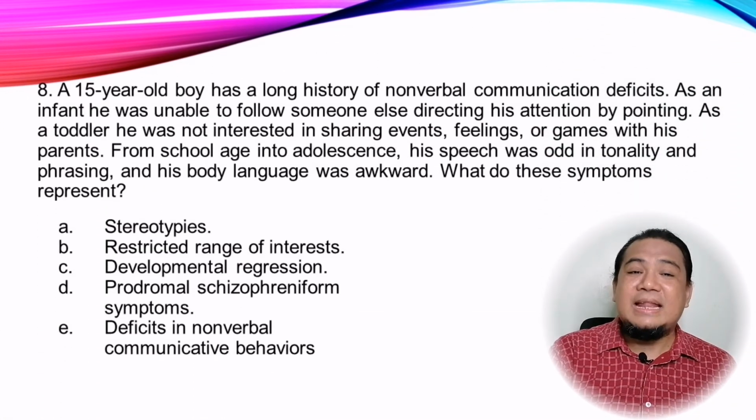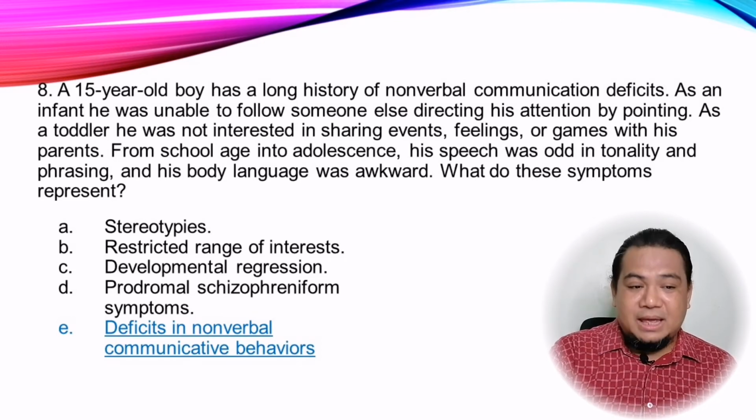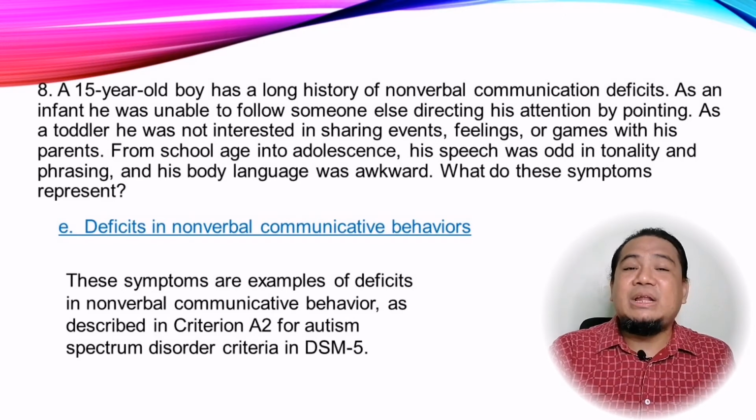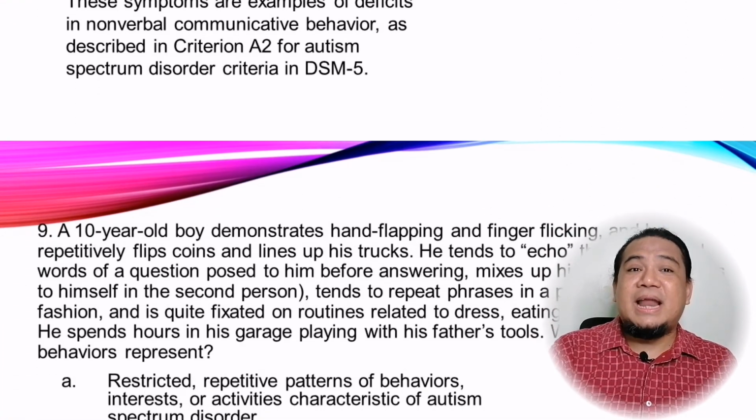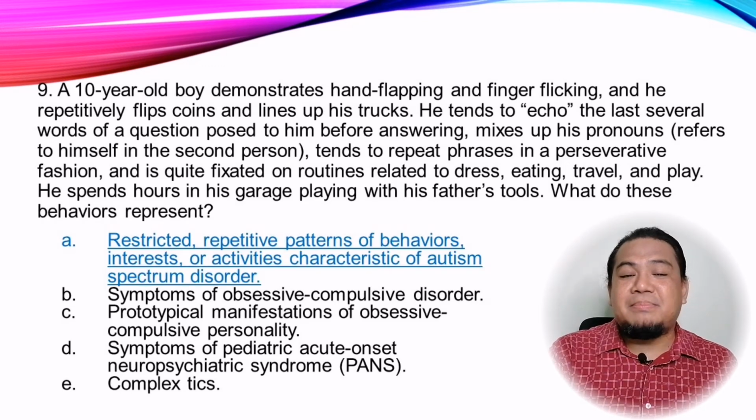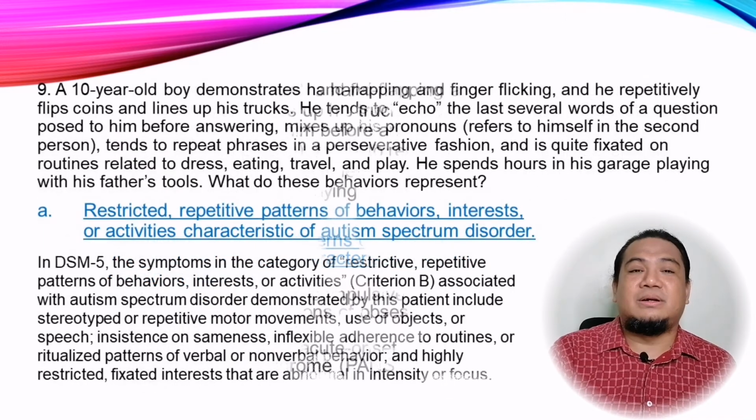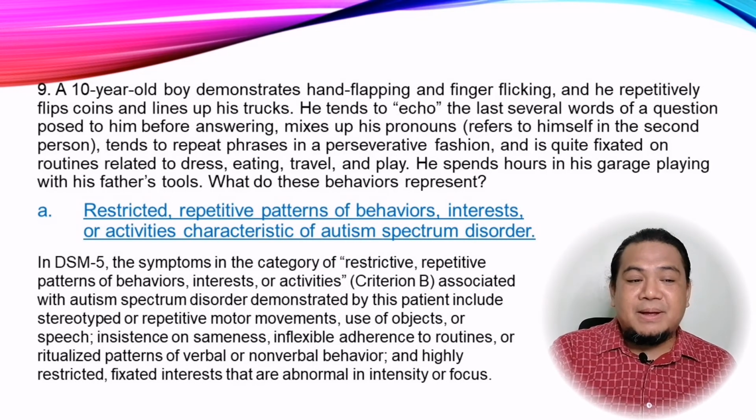Number 8, and the answer is letter E, deficits in nonverbal communicative behavior. These symptoms are examples of deficits in nonverbal communicative behavior as described in criterion A2 for autism spectrum disorder criteria in DSM-5. Number 9, and the answer is letter A, restricted, repetitive patterns of behavior, interests, or activities characteristic of autism spectrum disorder. In DSM-5, the symptom in the category of restricted, repetitive patterns of behavior, interests, or activities, criterion